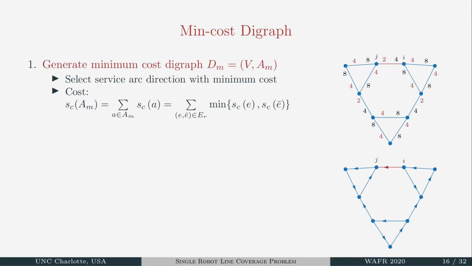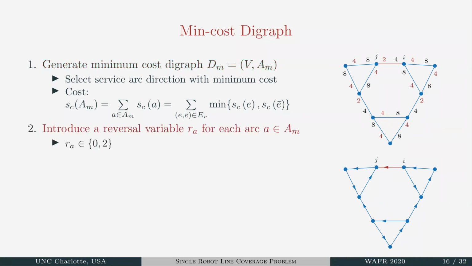We first generate a minimum cost digraph by selecting the service arc direction with minimum cost. For example, in the graph on the top, we have a red edge between vertices i and j. The cost of servicing the edge from i to j is 2, and from j to i is 4. Hence, we select the arc direction from vertex i to vertex j, as shown in the bottom graph. The cost of the minimum cost digraph is the sum of the service costs for all the arcs in the